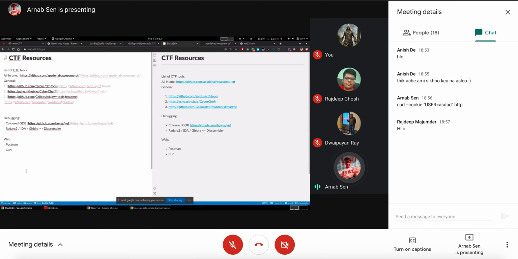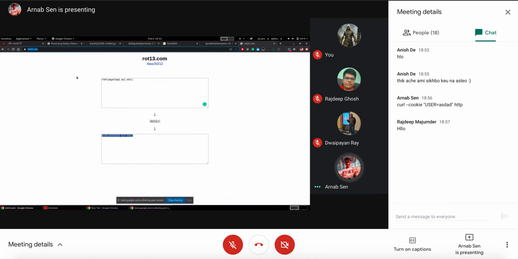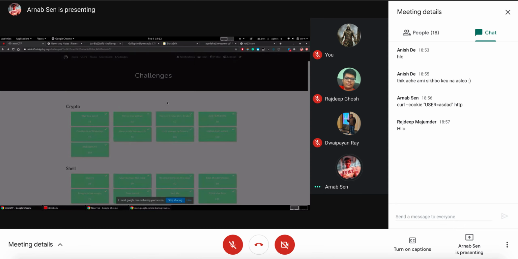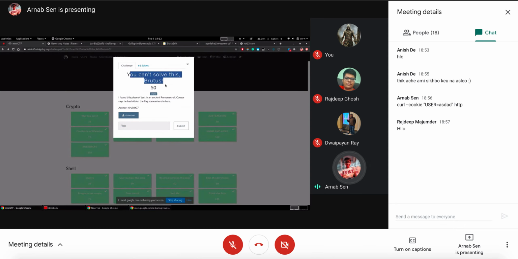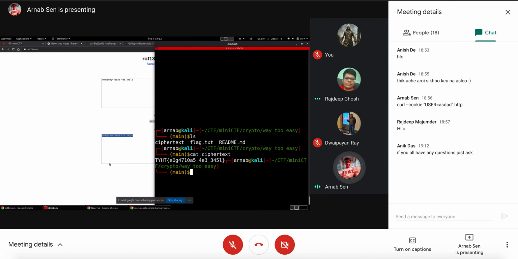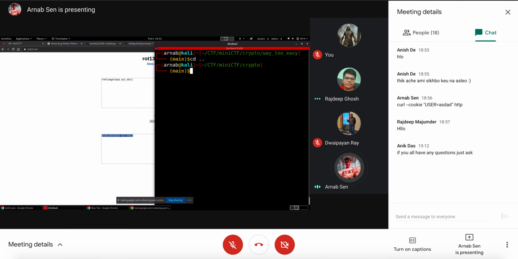I'm adding this one over here as well. Cool. So this is a basic ROT13, also known as the Caesar cipher, right? Moving on to the next problem. There's another Caesar cipher. Let's do this as well. You can't solve this Brutus, so this is a reference to Caesar, of course. And I think there was a big text. If you put that, and probably at ROT7 or something like that, it gave the exact words. So just showing it to you.